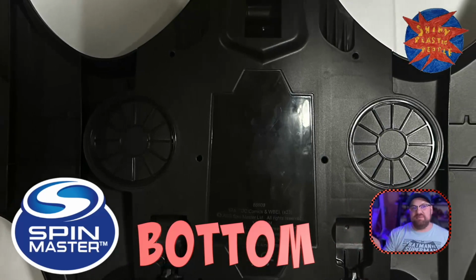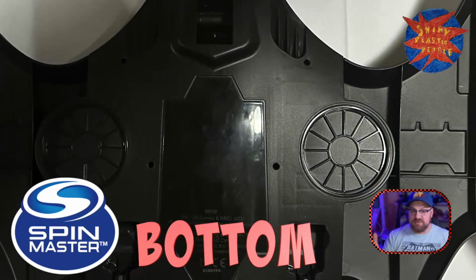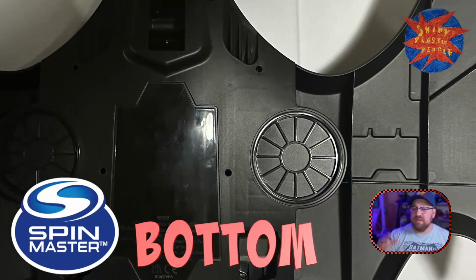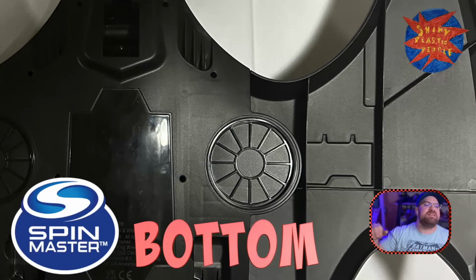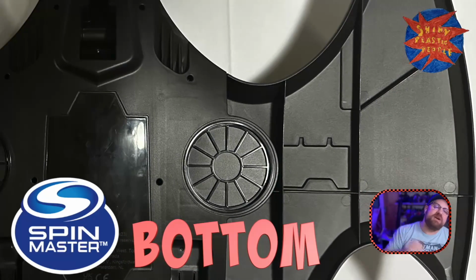We have a landing gear without spinning wheels. They just pop out uncovered. Very plain. So this is not something you'd want to look up at if you're hanging it from the ceiling. Now let's compare that to the